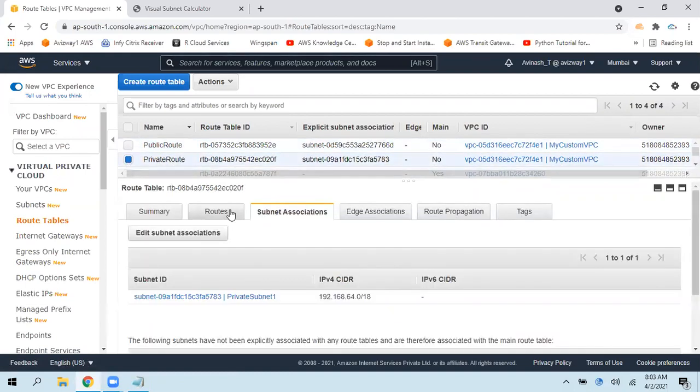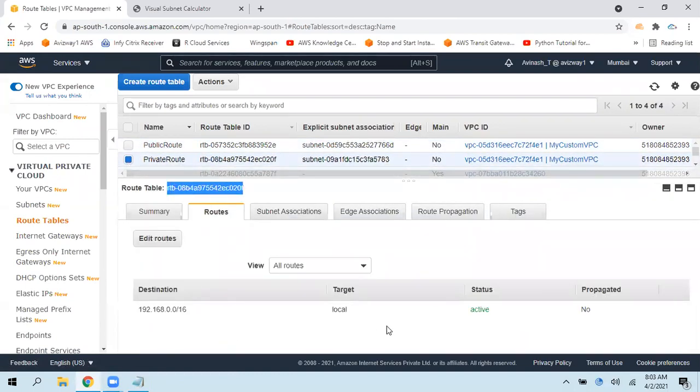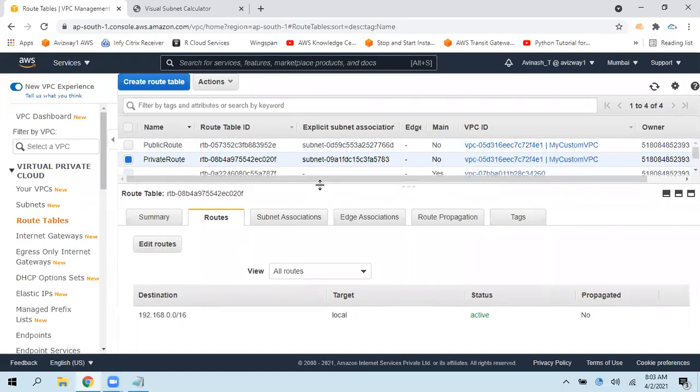This one, we don't have any resource to provide the internet, so it doesn't behave as a public subnet. It's a private subnet. So this is a mechanism and this is an important step. If you got this step, you got the public subnet, private subnet logic. Even if you have 10 subnets, you can easily understand which one is a public subnet and which one is a private subnet.